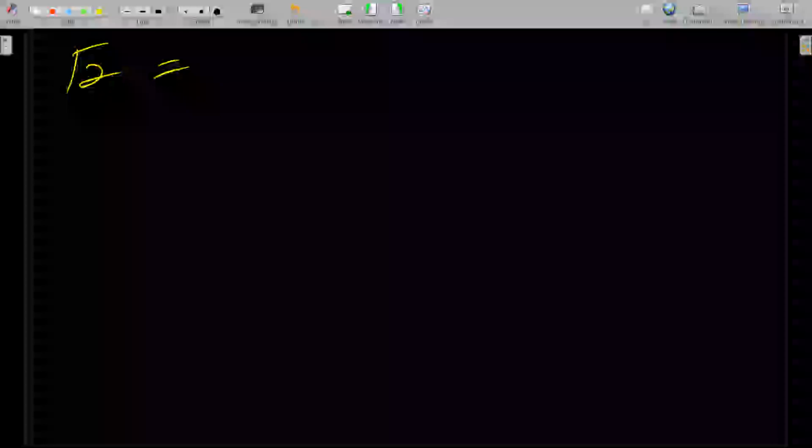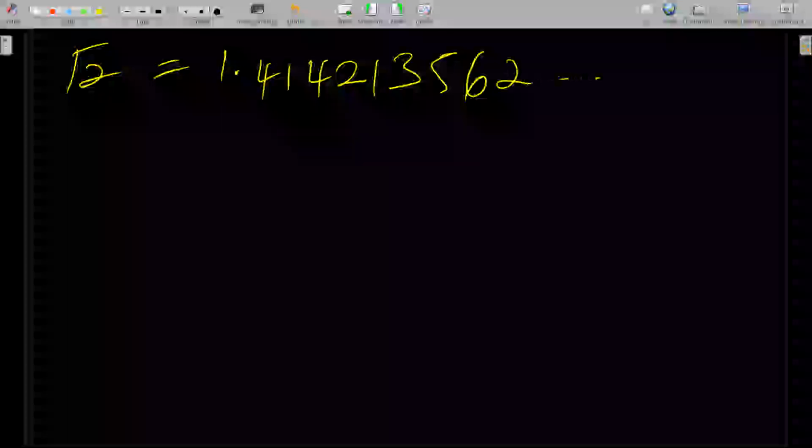I have my calculator here, so you can enter square root of 2, which is 1.41. If you extend your calculator, you can even use some programming language like MATLAB and increase the decimal places. You realize that it will be going and going and going. You get 1.41, 42, 1, 3, 5, 6, 2, going like that. Plenty of different values. So this is non-recurring, non-terminating. It's never terminating, and it's also not recurring.